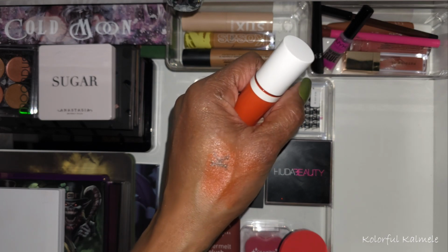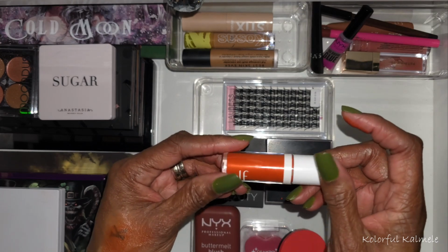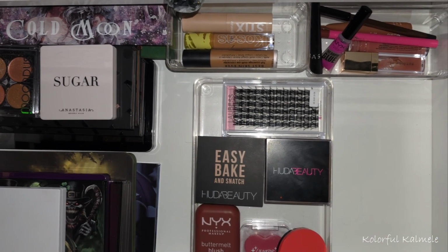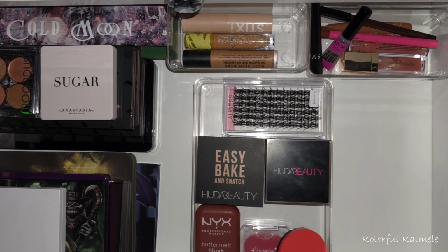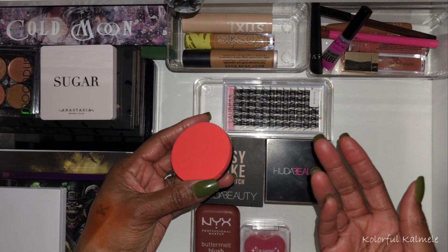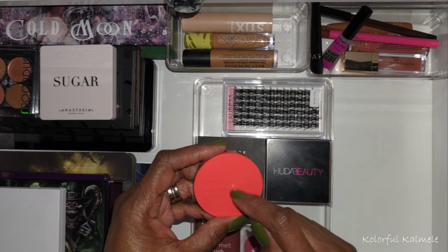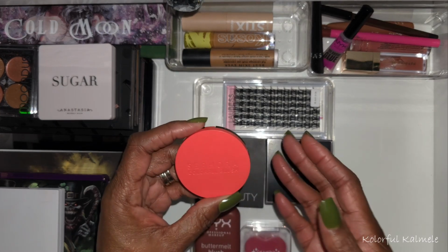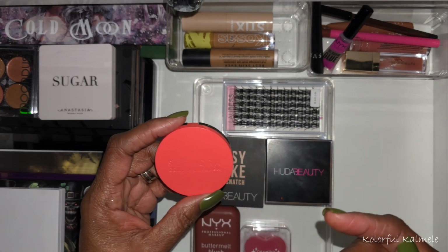It's just really made my blush last so much longer throughout the day. So the e.l.f. ones are just absolutely amazing to me, and I'm stunned by the pigmentation and the quality of them. Now, I tried Sephora blushes and I had some from back in the day, like in a face palette